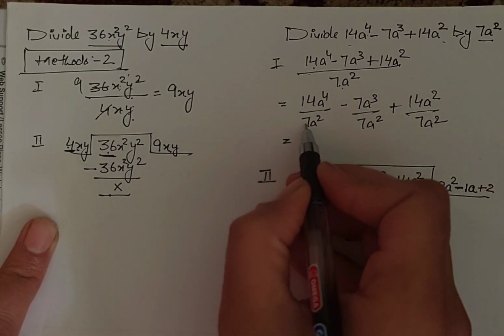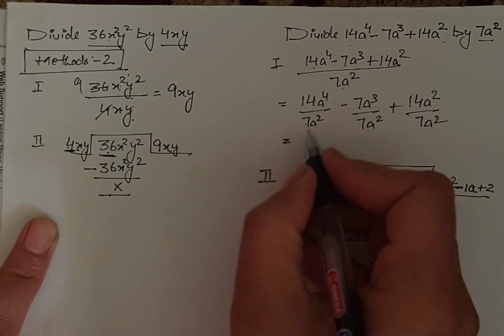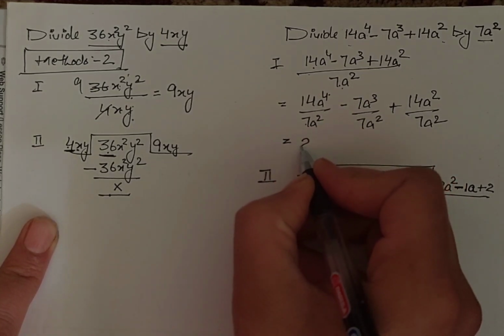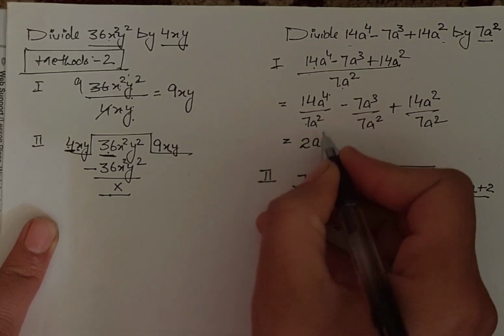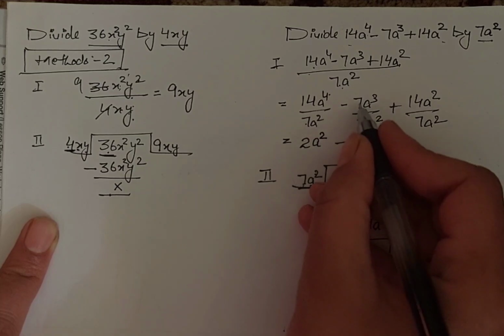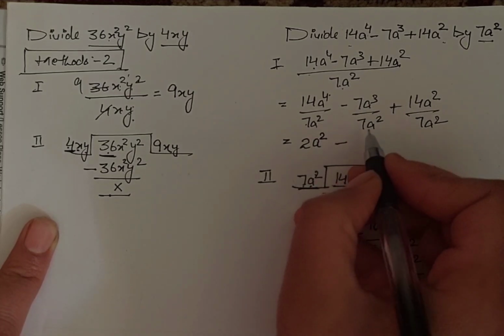So here 7 twos are 14, so it's 2, and a raised to power 4 and a square, we can apply the laws of exponents. This will remain a raised to power 4 minus 2, which is 2. Here 7 can be cancelled out with 7, so we are left with 1, and